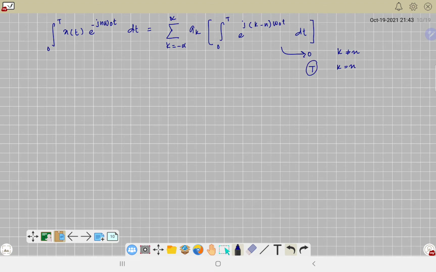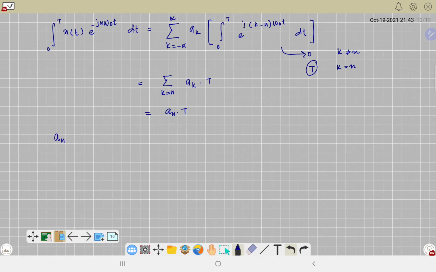Obviously we'll be taking this value, so this means your summation will be defined only for k equivalent to n, because other than this it is 0, so your whole right hand side will be 0, and for k equivalent to n it will be a k T. So for k equal to n, the summation of a is simply a n T,